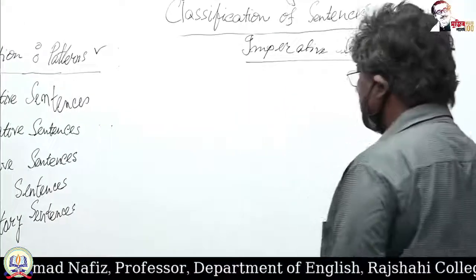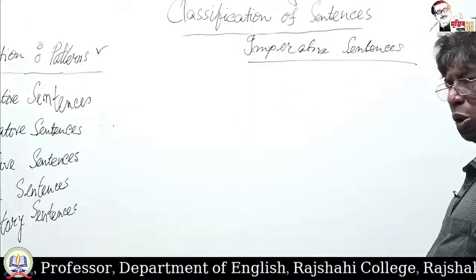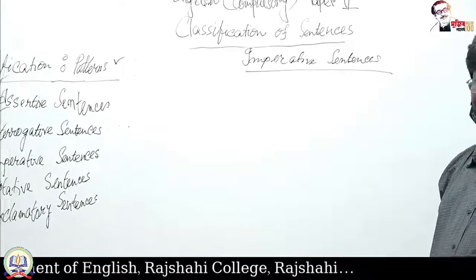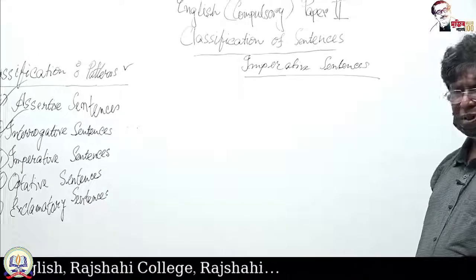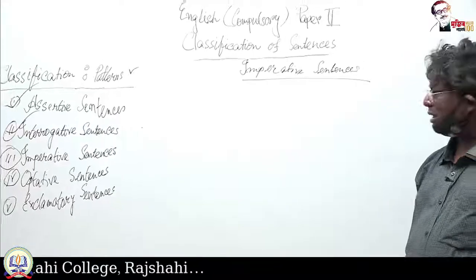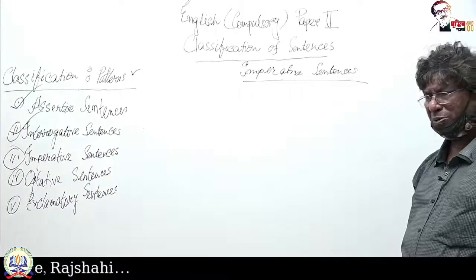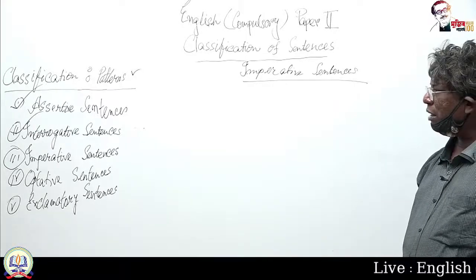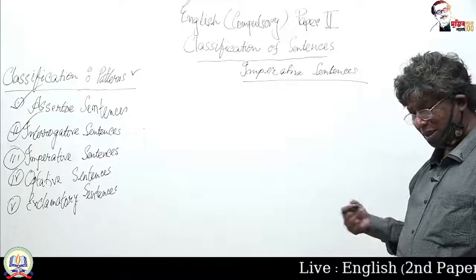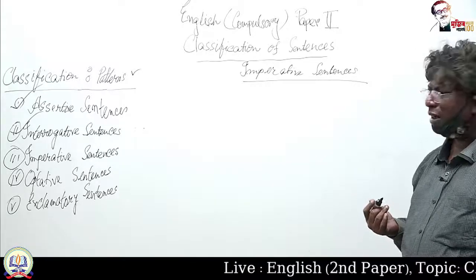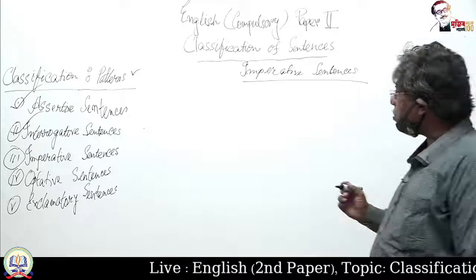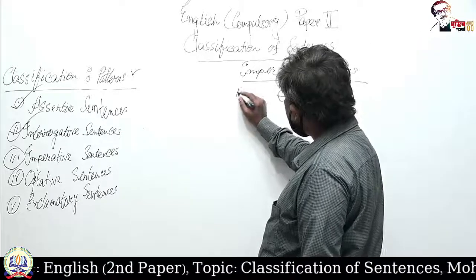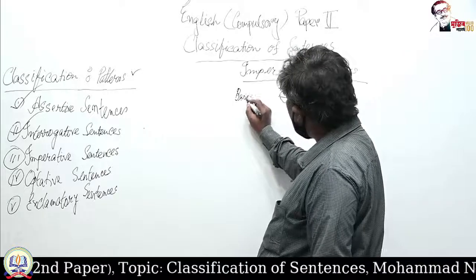In imperative sentences, we do not get the subject explicitly. The subject is implicit in the imperative sentence, and an imperative sentence begins with the base verb,